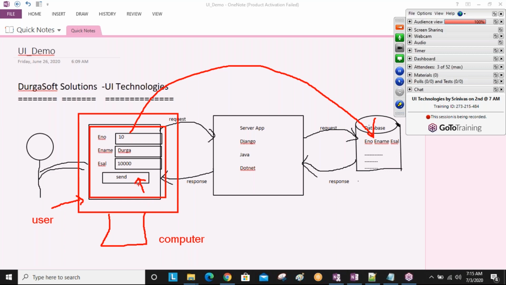When the user clicks the send button, this entire data goes to the server side application.